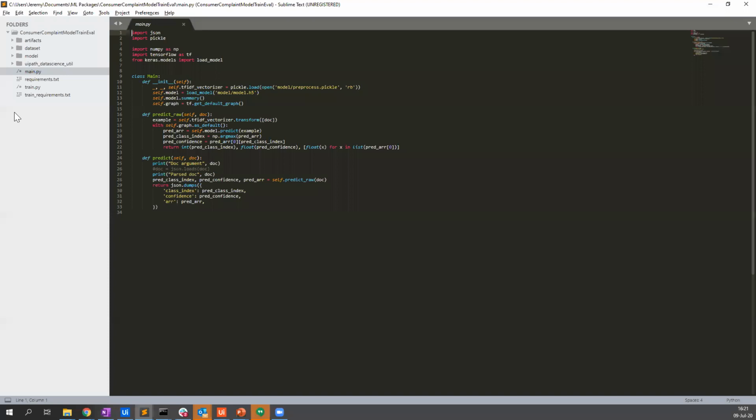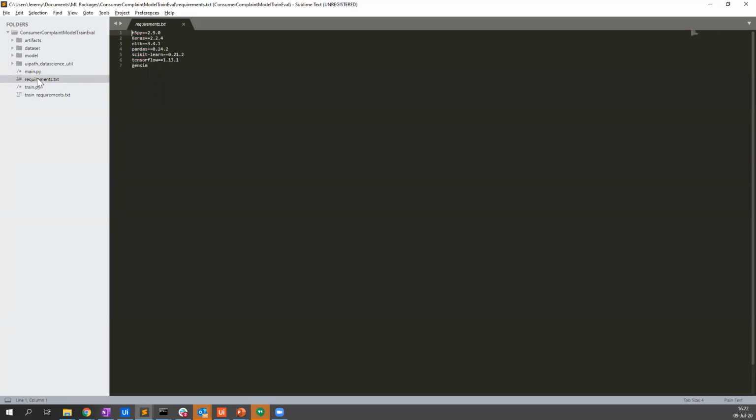So what do we need in the zip file? Basically in the zip file, the first thing that we need to have is a folder which has the same name as the zip file. And basically you put everything in the folder, you zip this folder, and this is what we expect. And then what do we want to see inside this folder? So here, two things will come. Let's say that first you want to serve the model. So you want to do prediction with the model only, and you don't need to train it. In that case, we'll need two files, which are the main.py and requirements.txt.